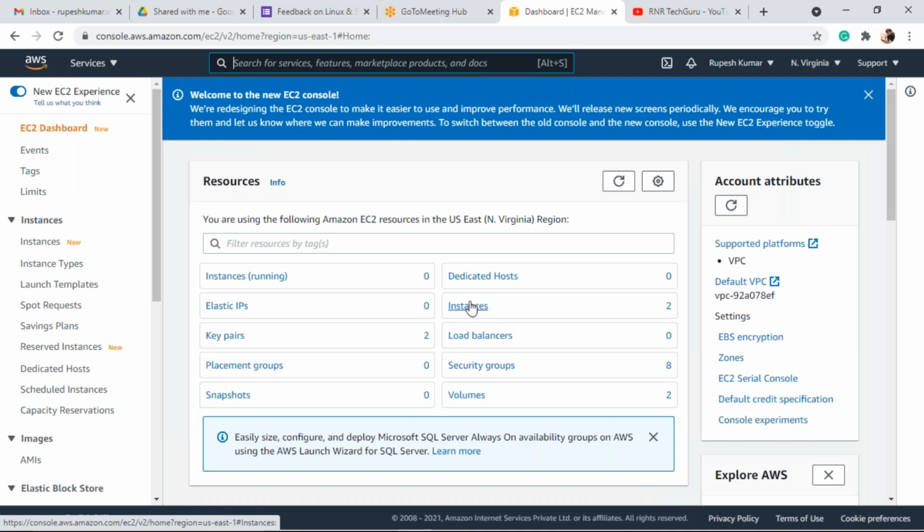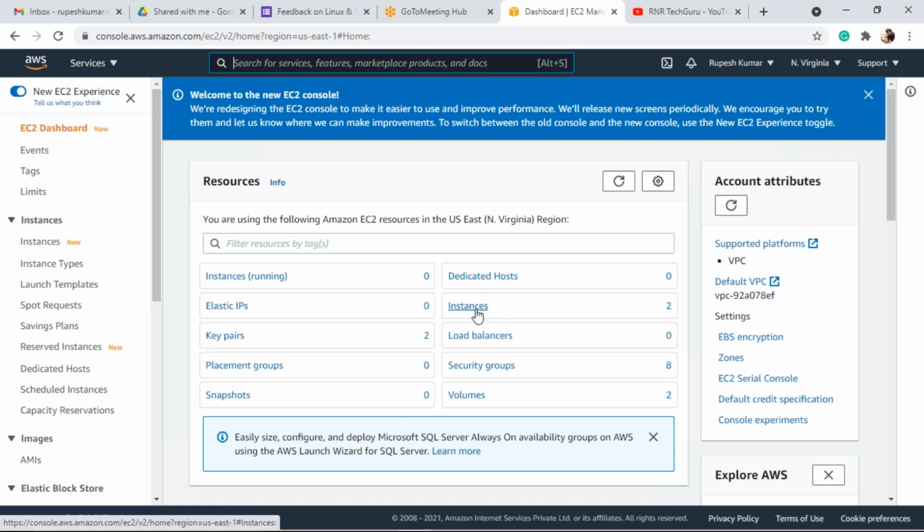Yesterday we stopped our instance, right? We need to start that instance. So here you will find instances running. If you didn't stop your server yesterday, you will find instances running is 1. Yesterday I stopped my server, so that's why it is showing 0. Stopped servers are placed in these instances.